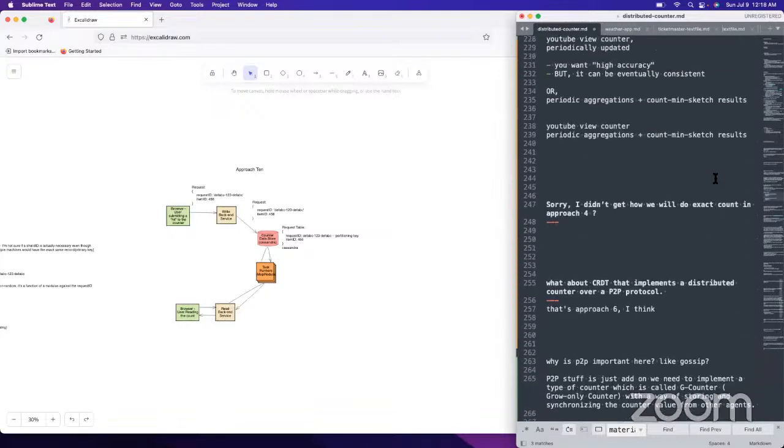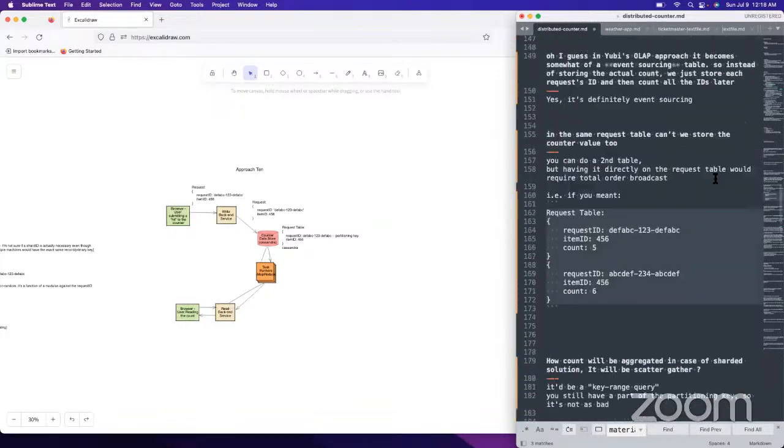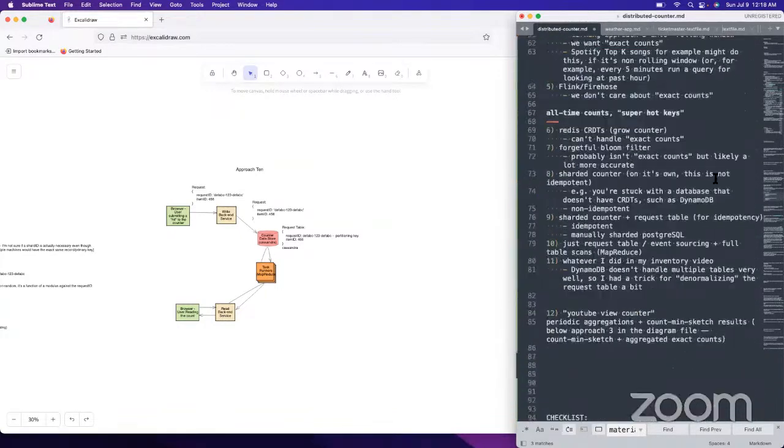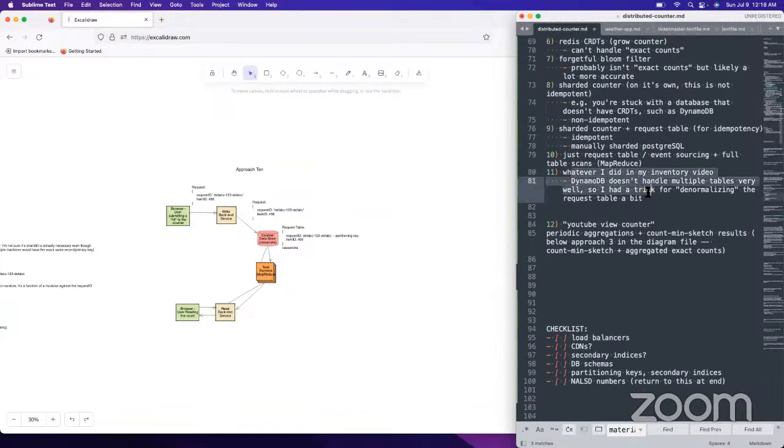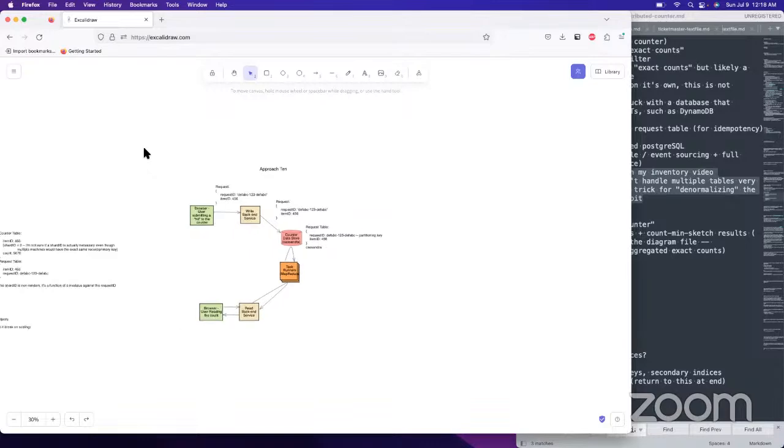I did 10. So with DynamoDB, the issue is that it's NoSQL, and so you can't actually do multiple tables on the same machine. You're not able to specify it like that.